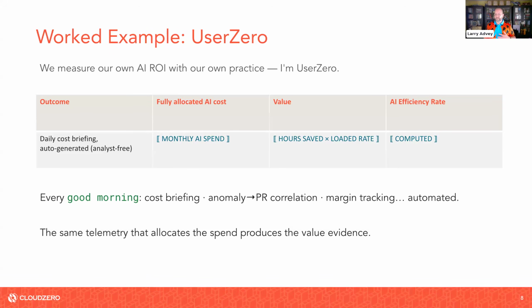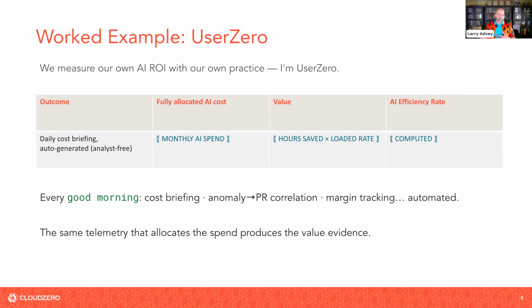And so I use agentic AI to produce this good morning report on a daily basis for me and for others, because we're looking at business indicators, lagging, leading indicators, things like that, where this automates AI cloud spend, et cetera, but it's taking the fully allocated AI costs with the value that's associated with them and getting this efficiency rate so that you can compute that at the end of the day.